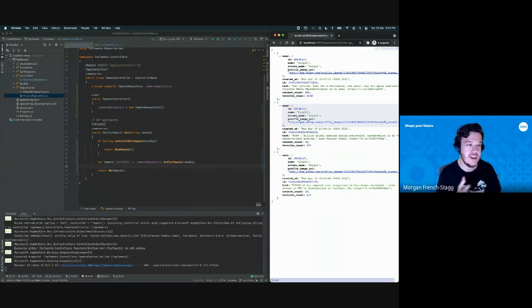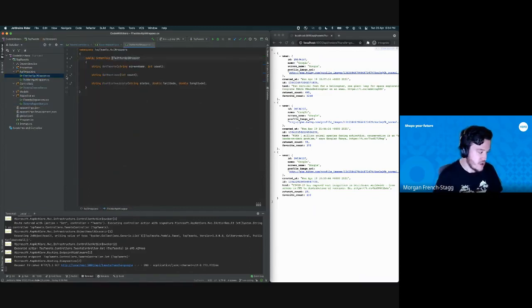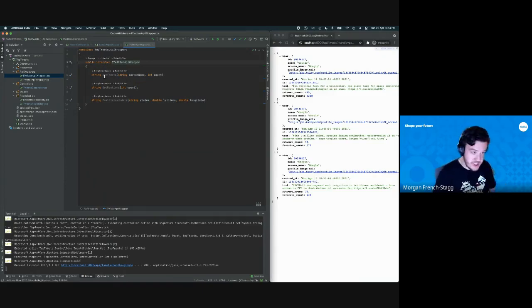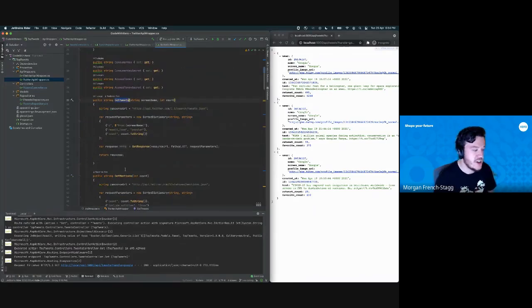Now what we do is that more advanced dependency injection. The way we do that is we use interfaces. What this means is that tweets repository doesn't care which specific implementation of the API wrapper it's given. It just wants to know that it's got an API wrapper. So we write what's called an interface for the API wrapper. The interface just defines some methods that the implementers know the API wrapper will have. And then for the API wrapper, we use this notation to say it implements that interface, and we make sure it has, say, the get tweets and the get mentions